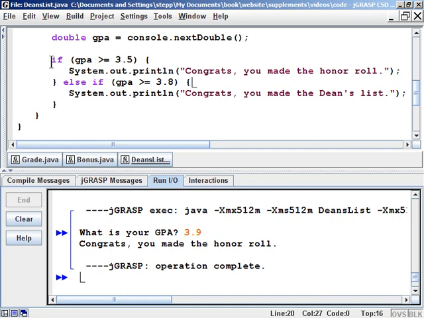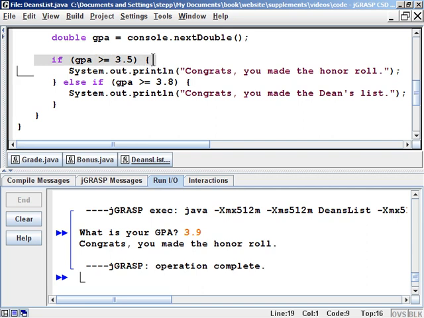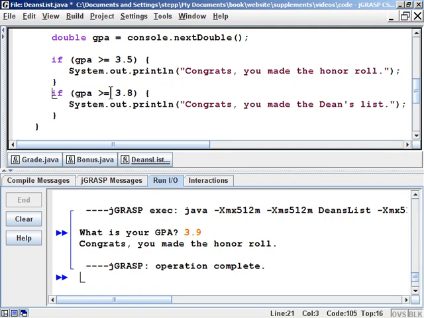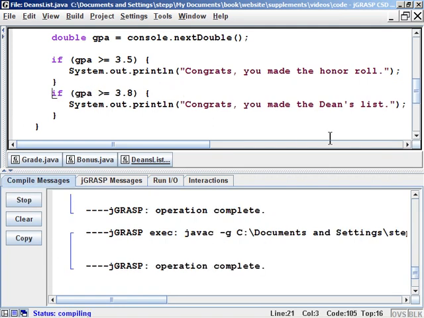Because what's happening here is that the program gets to this line of code and the GPA of 3.9 is above 3.5, and so it goes in and executes this one, and then it exits out of the nested if else block. But we still want it to perform this test and run this println statement here about making the dean's list. So this program, we actually do want the sequential if that we've been demonizing in a couple of